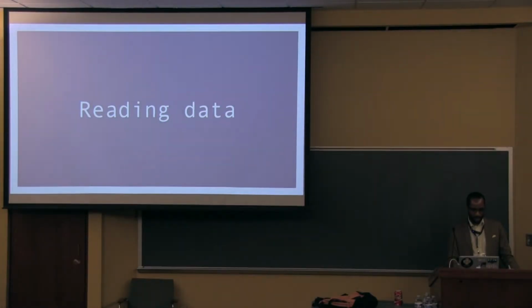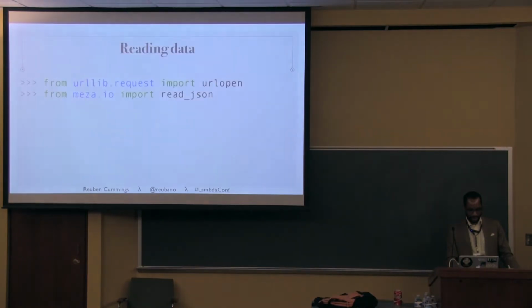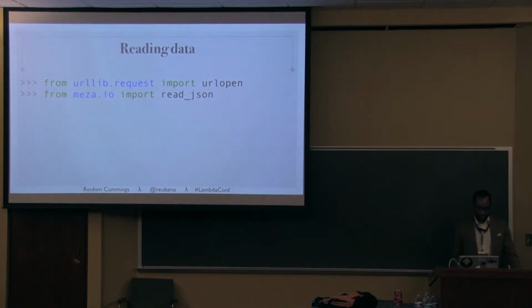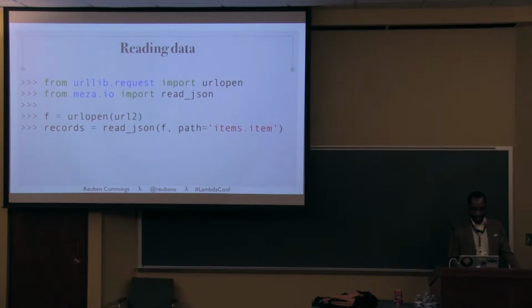Okay, so now we're going to be doing the same things we did before, but using the Meza library, just to show you how it can make things a little easier. In order to read data, we're still going to use urlopen, but from the Meza library we look at the io module, and there's a function called read_json. It works pretty similarly to ijson. You call read_json, give it the file-like object and then the path that you want. And then you get back